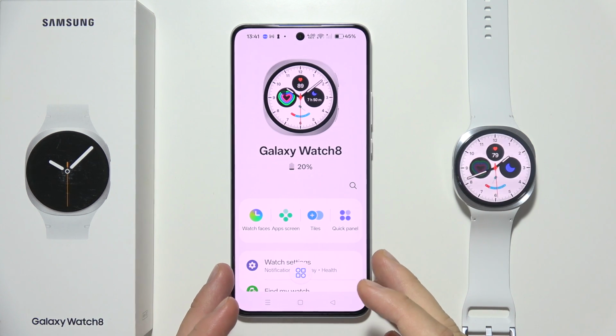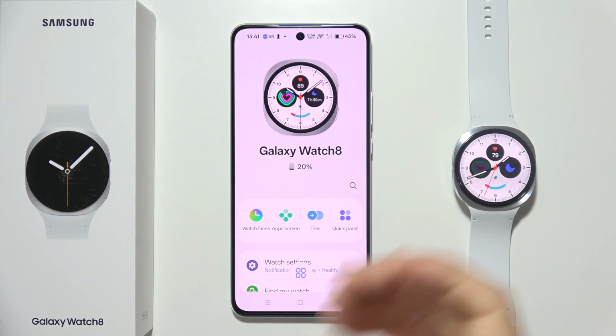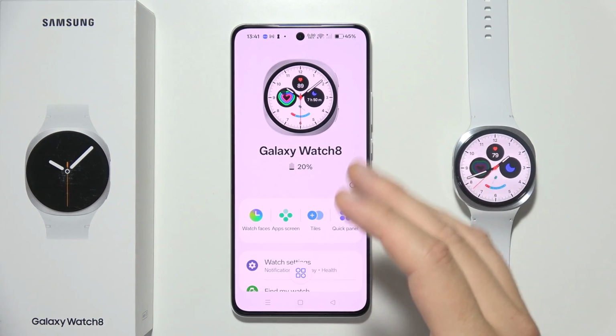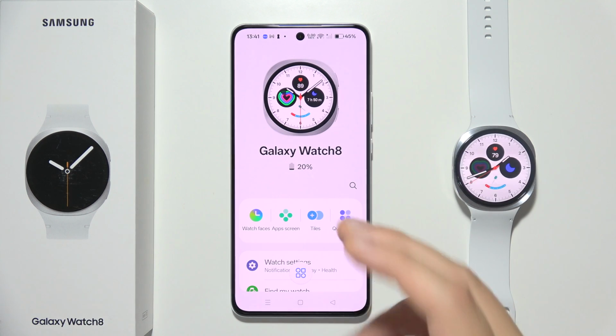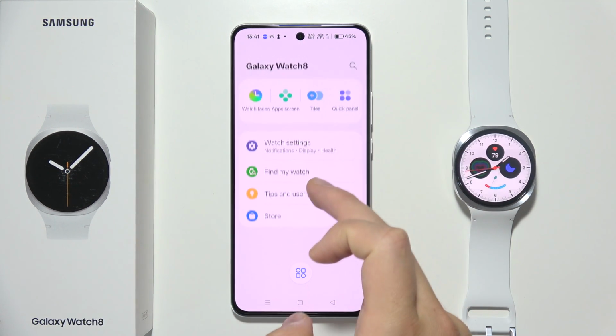Hey, let me show you what you can do if you don't receive notifications on your Samsung Galaxy Watch 8, or for example, one of the specific applications is not sending those notifications. So first of all, just make sure that you have opened the Galaxy Wearable application on your phone